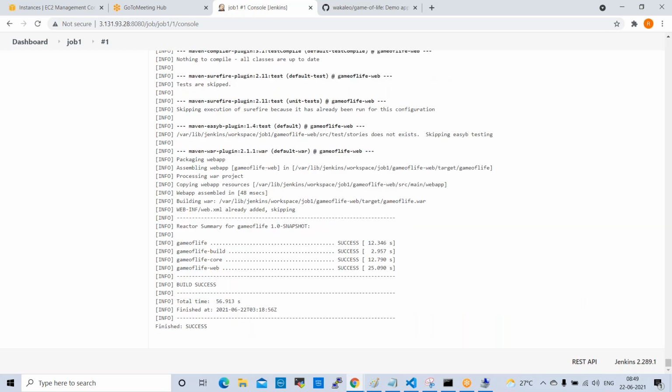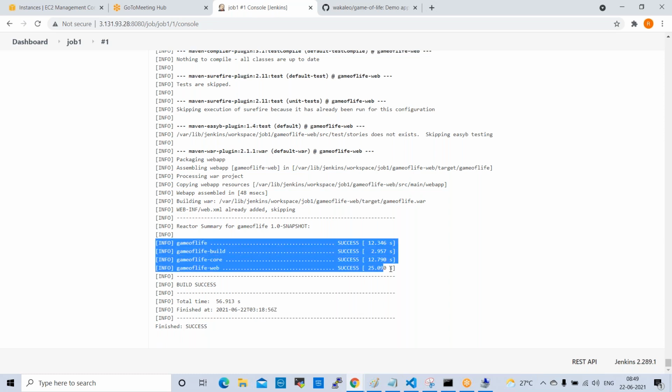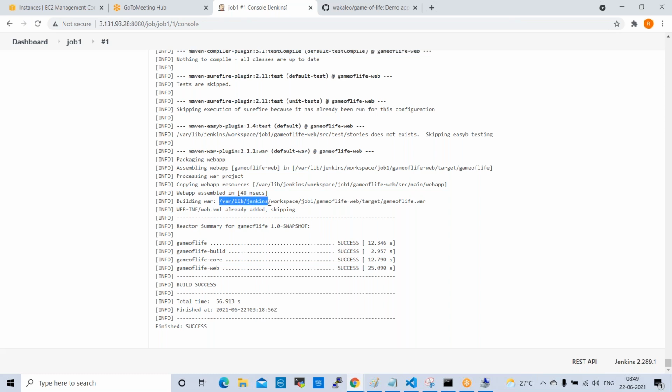Fine. So this job is success, right? This game of life code is moved from GitHub to Jenkins. It will show you some path here. See here, /var/lib/jenkins/workspace/job1/gameoflife is the code.